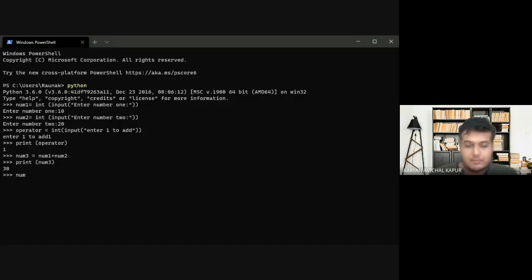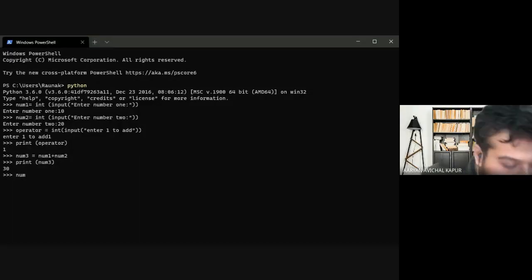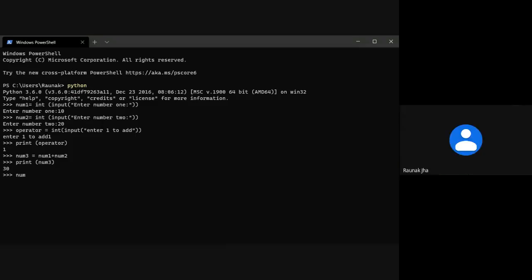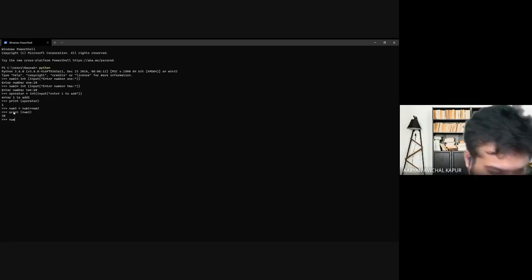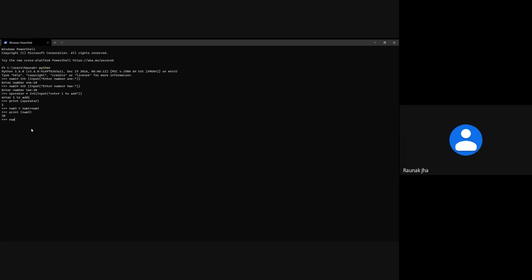Are you able to see my screen? Yeah, now I can. So here I have entered number one, then num2, and then I have added both and stored it in a new variable, num3. Then I have printed. Will this be okay?